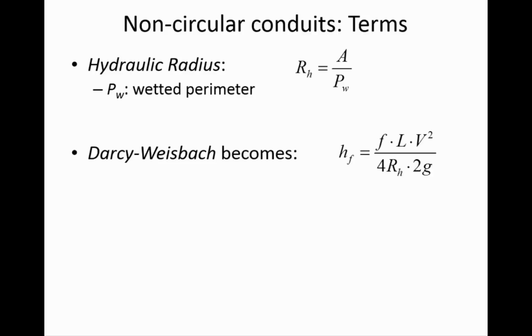In the Darcy-Weisbach equation, if we don't have a D parameter, if we're trying to solve for the head loss using Darcy-Weisbach but there's no D, you can see down here we had D to the 2G. The substitution that we're making in place of the diameter is just 4 times the hydraulic radius. And that's the same substitution that we'll make everywhere else that there is a